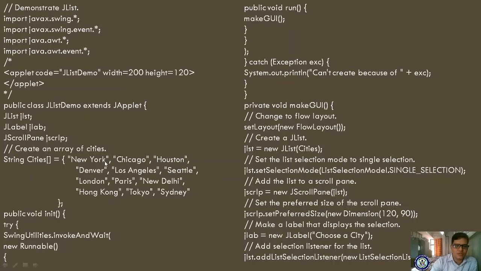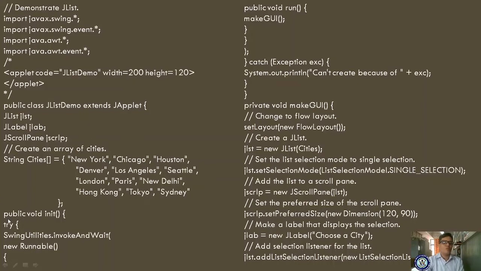So what is the length? 1, 2, 3, 4, 5, 6, 7, 8, 9, 10, 11, 12. A total of 12 values are stored in your string variable. So the objects we declared here are a JList object, a JLabel object, and a JScrollPane object.